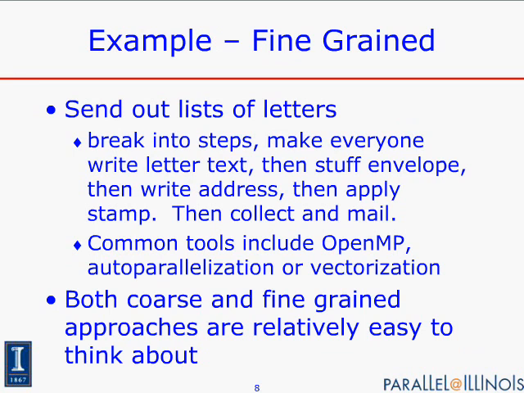So a common use of OpenMP, for example, is for this kind of data parallelism. Vectorization, whether it's the much older vectorization that some of us may remember from machines like the original Crays, or vectorization for the modern commodity microprocessors where the vectors are much shorter, that's an example of fine-grained parallelism. And both of these are relatively easy to think about. It doesn't mean that you don't make errors, but they're relatively easy to think about.